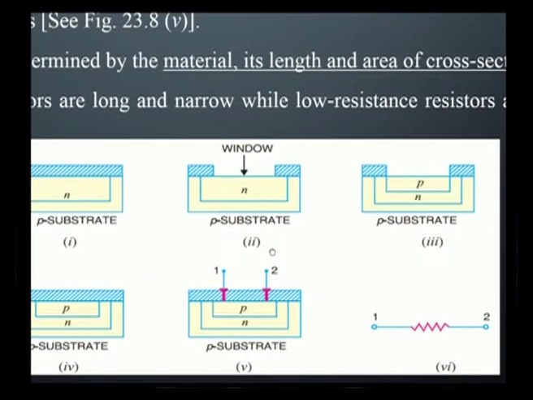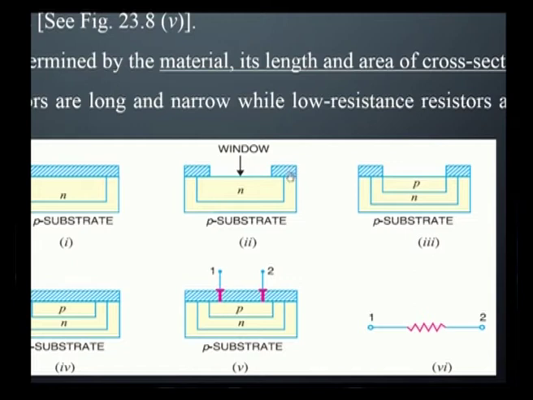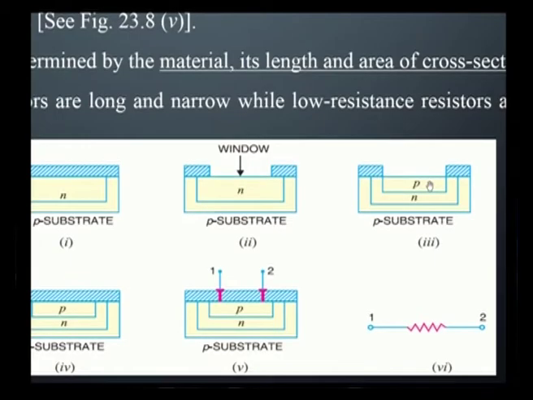We need to get another type of material, that is P-type material, which we get by diffusing a pentavalent atom on the N-type material. So, we can achieve the P-type material on N-type material by diffusing a pentavalent atom.